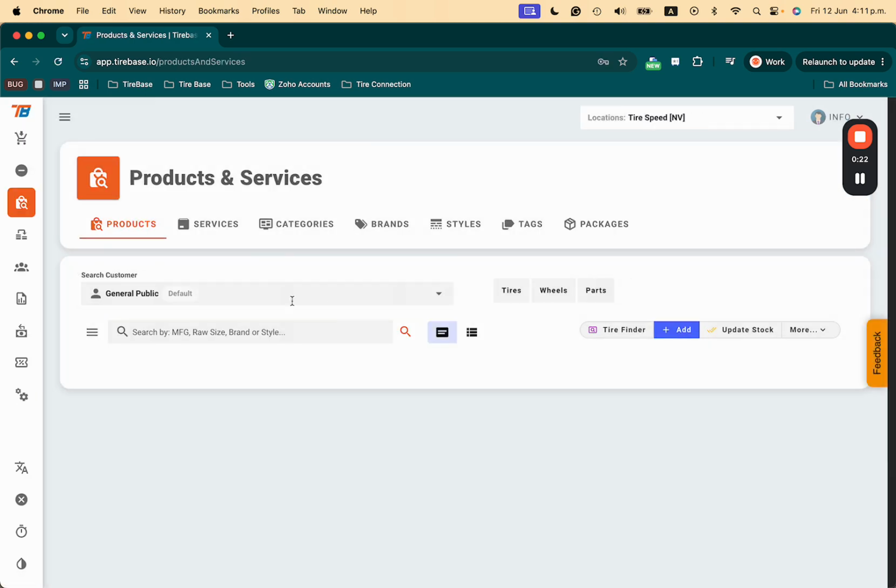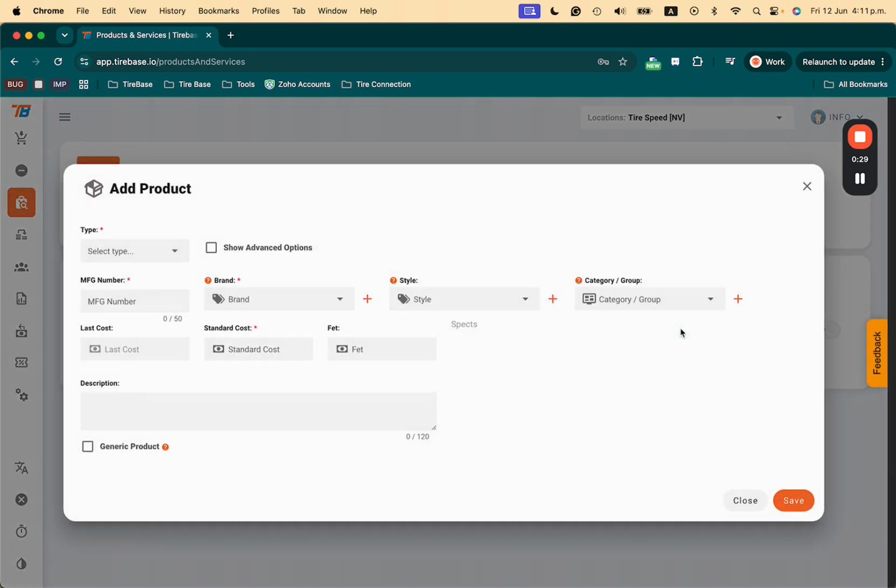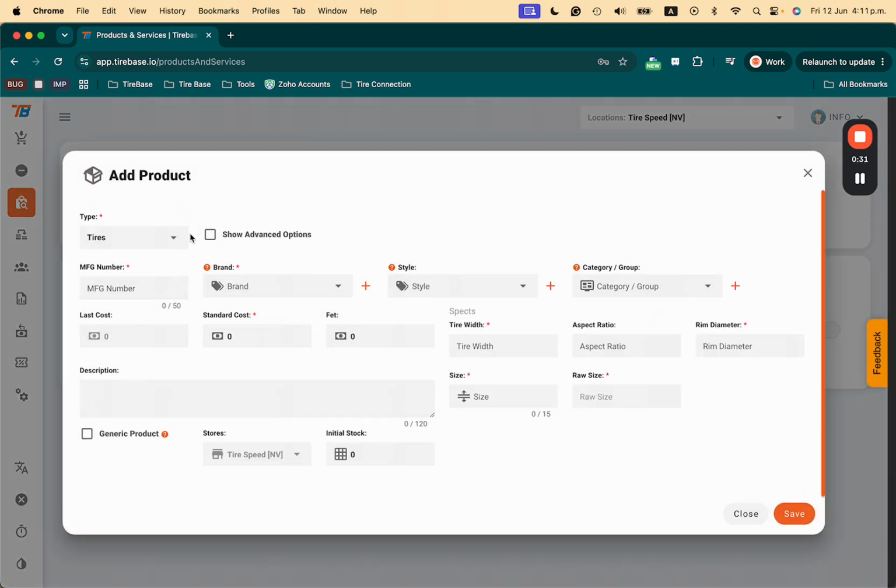Okay, and as you can see we're going to have the products module here, and we're going to go to the add button here. All right, so in this case we're going to start creating our product. We're going to put all of the information in here. Okay, now that we have all of the information in here, as you can see, I already added the manufacturer product